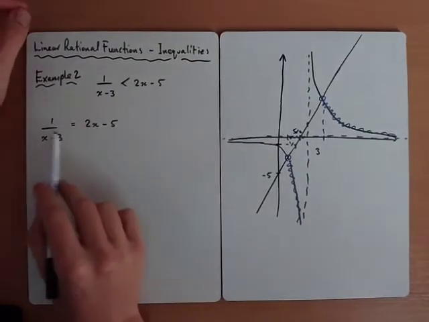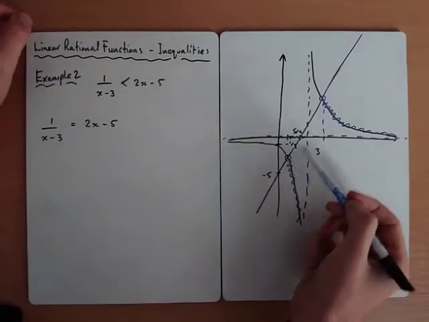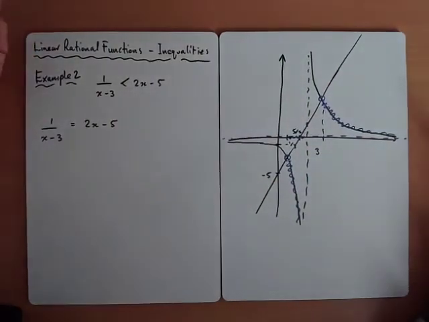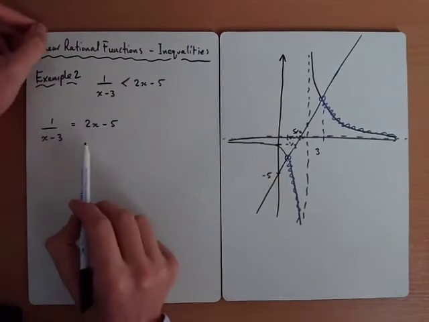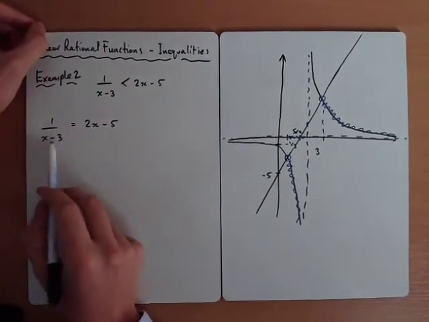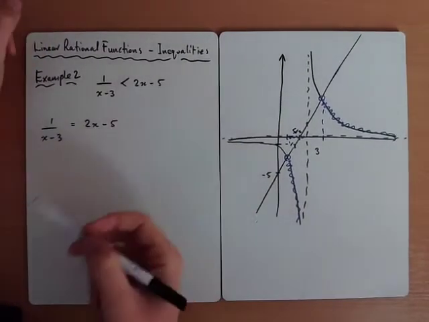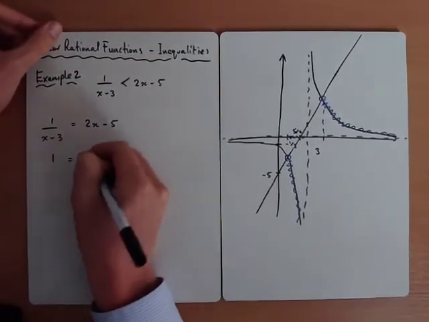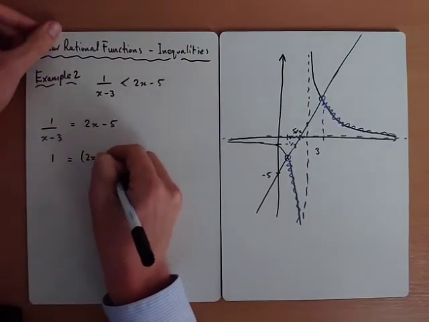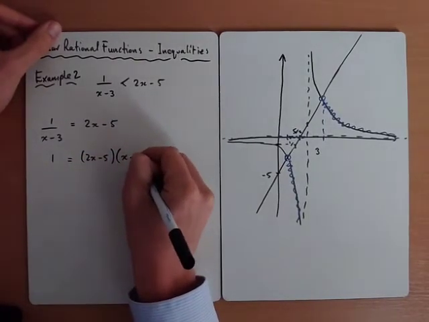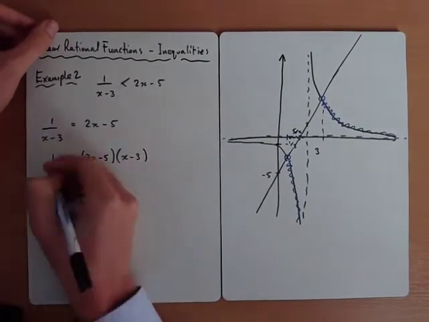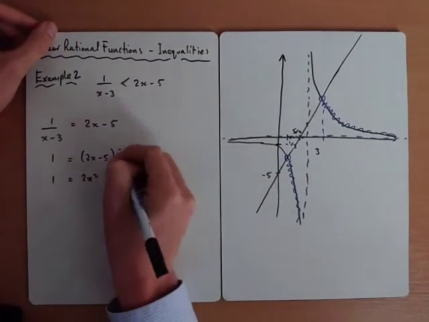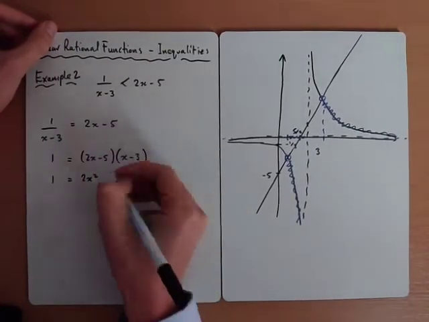Okay, so when they intersect, when they equal each other, notice we're getting two solutions. And what type of equation gives us two solutions? Well, it's a quadratic, isn't it? It doesn't quite look like a quadratic yet, but realise that we need to solve this for x. So first of all, we want to remove the fraction. So if we multiply both sides by x minus 3, make sure you use a bracket, because we've got multiple terms, but we're multiplying both sides by x minus 3. Expand this out, we get 2x squared minus 5x minus 6x